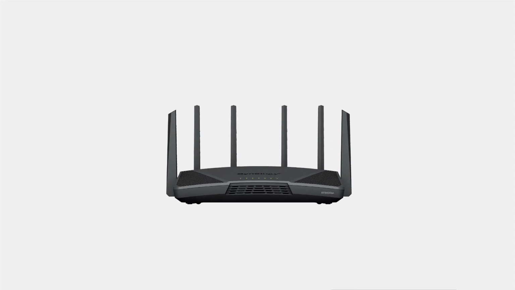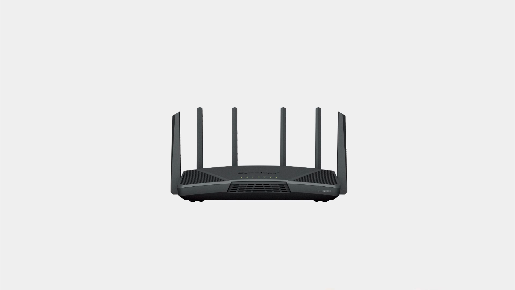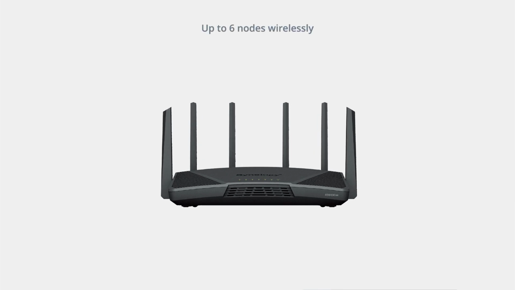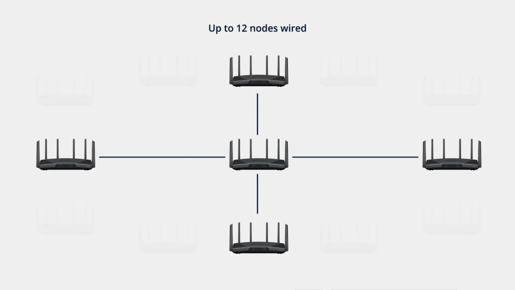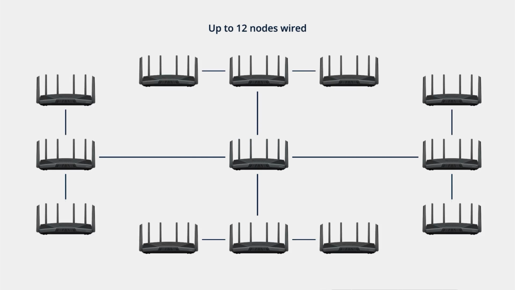Now, in terms of the different mesh setups, you have a couple different options. On one hand, you have a wireless setup, which might be what many of you go for originally because there's less planning involved. There's no wires that you have to get out to the different node locations. But there's a limitation here with the wireless setup. You can only go up to 6 nodes using this wireless setup. Whereas in a wired setup, there's a little bit more planning involved because each device has a direct connection, but you can have more nodes, up to 12 nodes in a wired setup, allowing you more coverage.